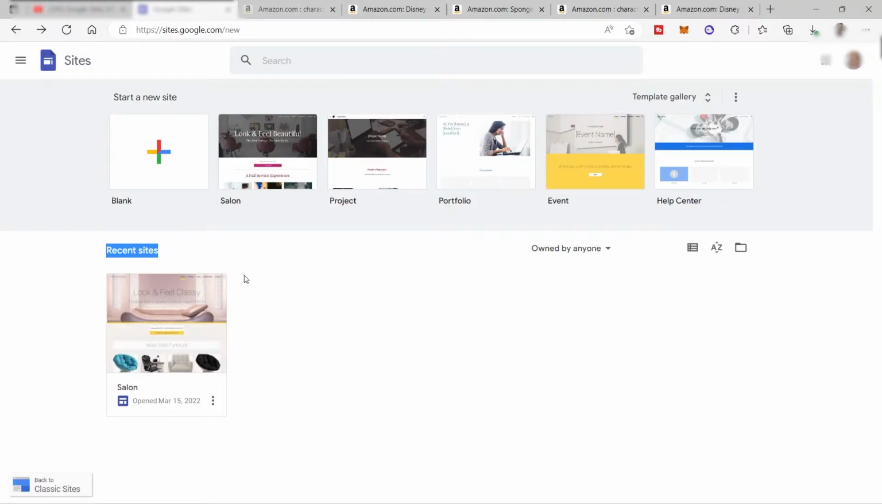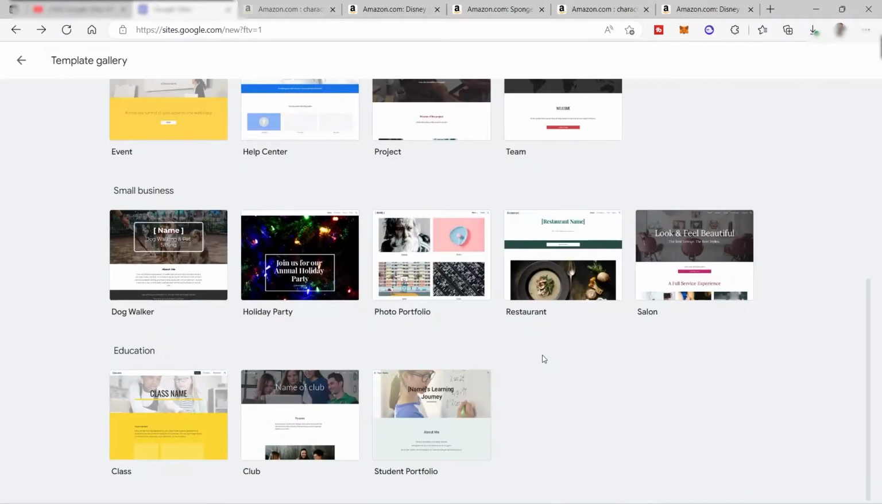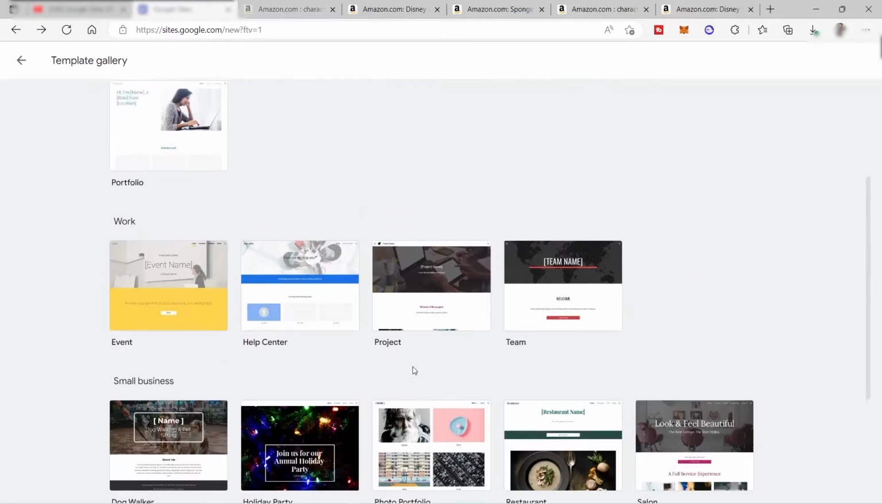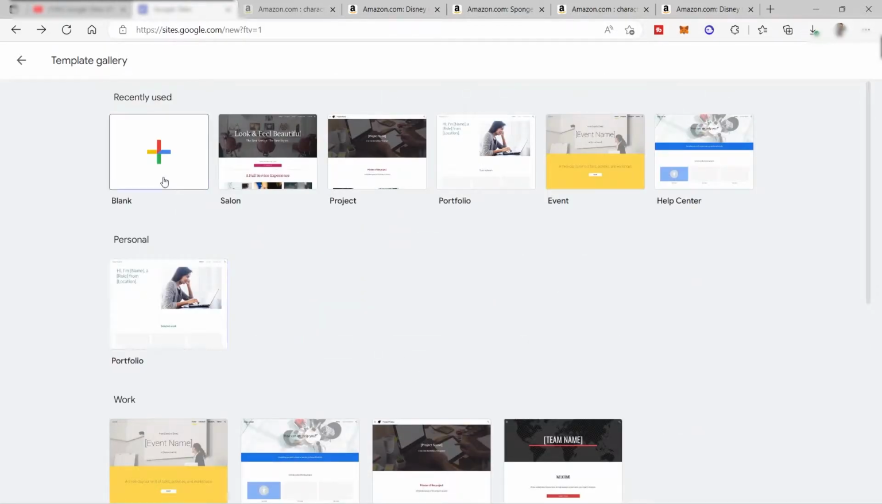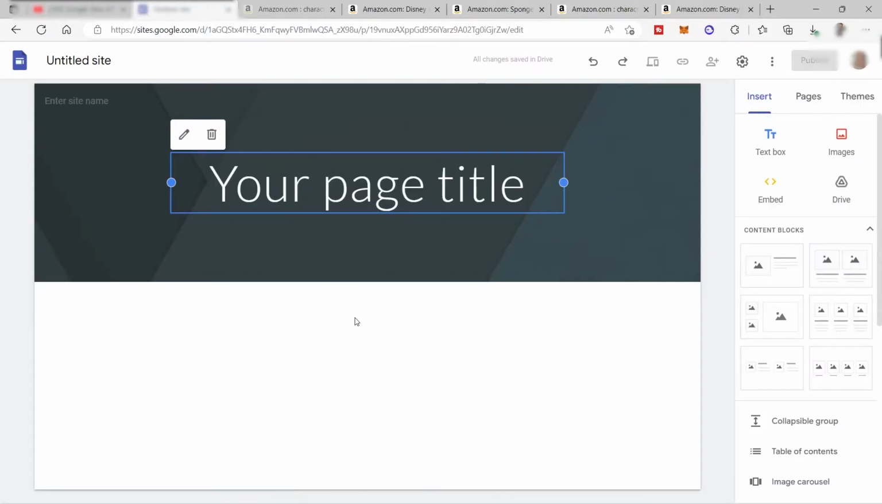So here you have two options to start. First, you can create your website from scratch, so just click this blank. And if you'd like to start with a template, then you can go ahead and click this template gallery to see the other templates here that you can make use of. If you don't like the template, then we can make use of the first option to create a website from scratch. So just click this blank, and then you will be redirected to this page